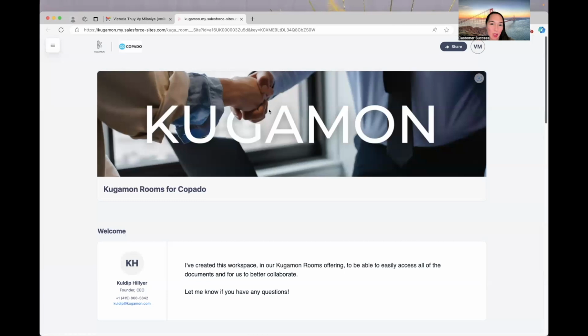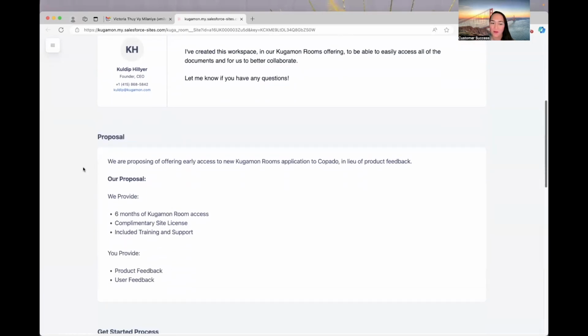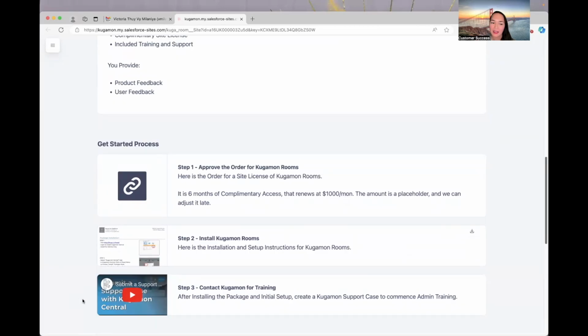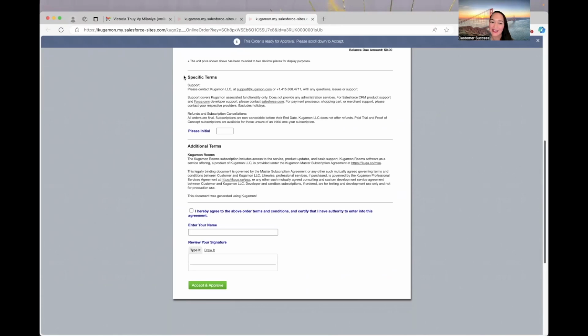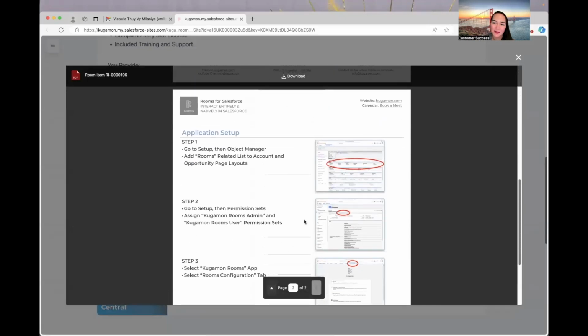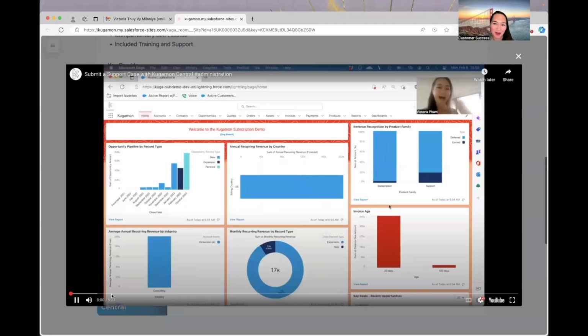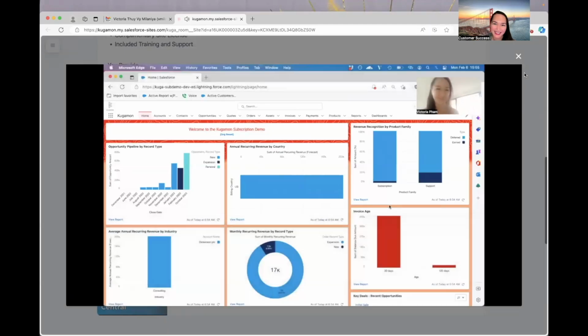Now, if I'm exploring this room again with a new set of eyes, I can easily get in touch with our key contact. I can review the highlights of the proposal, as well as take a look at the next steps, including accepting and approving the order with ease, reviewing the install steps, as well as getting in touch with the Kugamon team for official training.